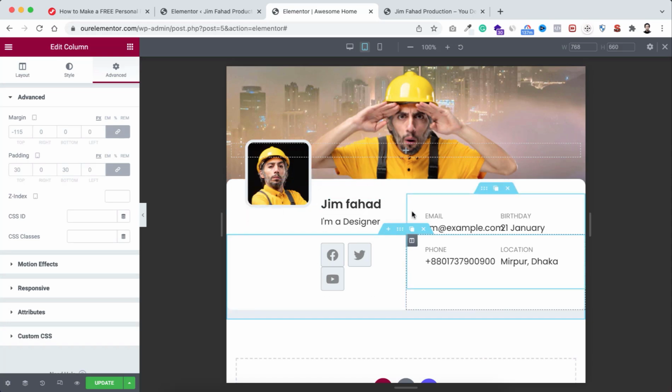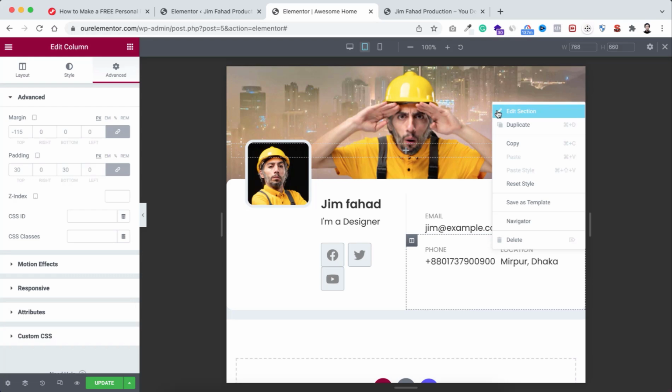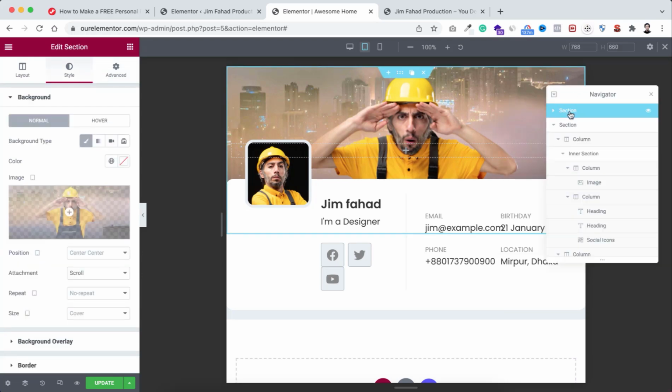So to clarify the confusion, there is a very easy way. You can always use the navigator. So to open the navigator from bottom left, you see there is a navigator option. You can simply click here, or you can just right click anywhere of this page and then click on navigator. So here you see this is our first section, and this is basically this cover area,